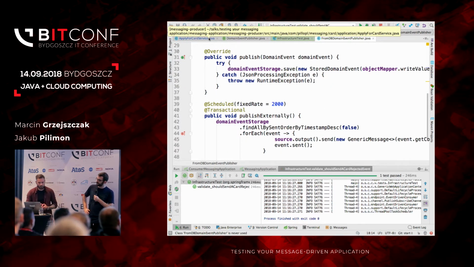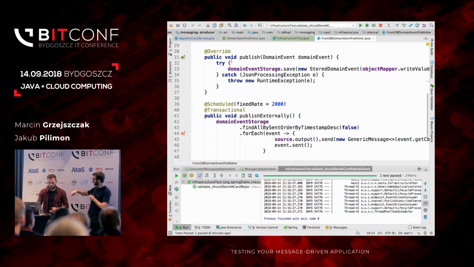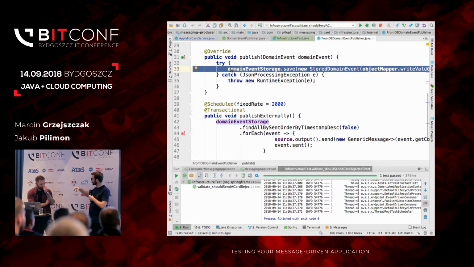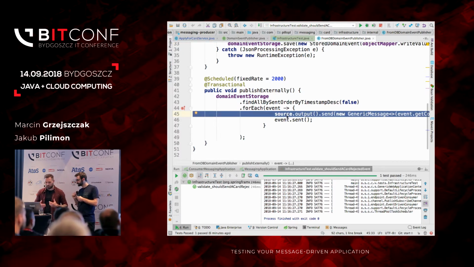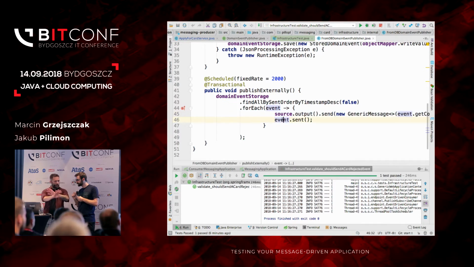Oh, so you're saying that instead of doing two things, like store and send, we just always store successfully in the positive scenario, and then we do what? There are still two things, by the way, but you store two things under one ACID transaction. Oh, okay. So it's either both of them or nothing. And then you have this publisher which takes a look at the database: are there any new events that I should publish? If there are, I will go to Rabbit, just like I used to do in the previous example, send to Rabbit, and then mark my event as published in my database, and that's it, we are done. What about this transactional thing there?